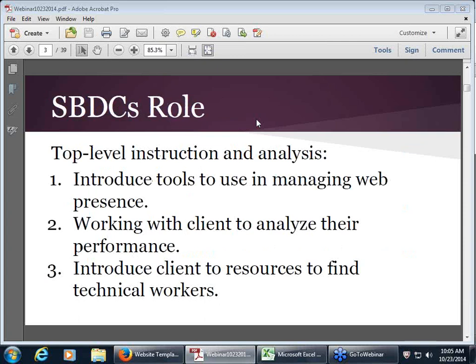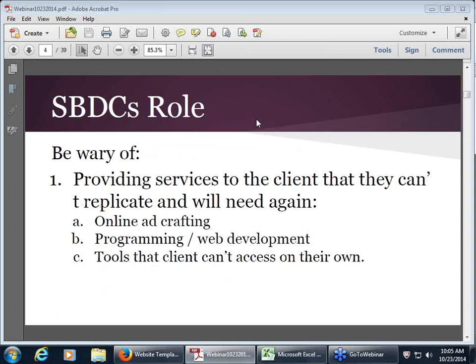So as a business advisor to someone who is looking to get online, it's important for us to be wary of not giving them advice that is something they're not going to be able to take away with them. They're going to have to come back and ask us for assistance again. So really it's going to be important to give them something that they can learn and then use on their own, as opposed to saying, hey, can you build this for us? Can you help us do this type of analysis again? Because you want to build a sense of independence amongst the entrepreneurs.